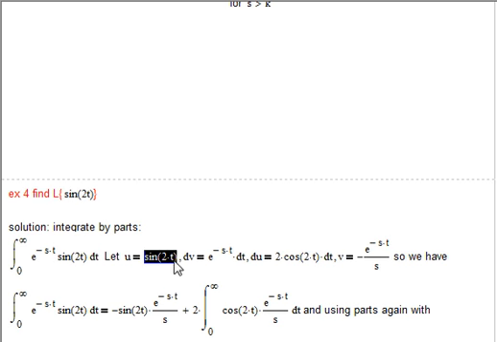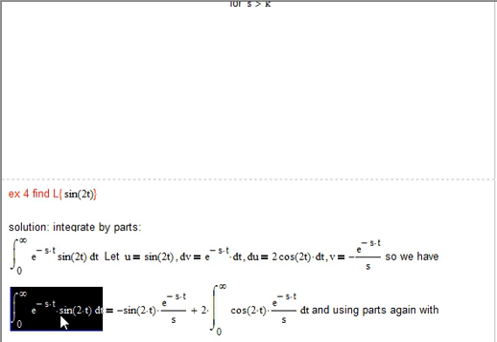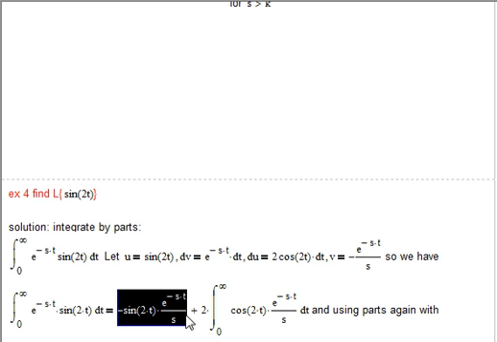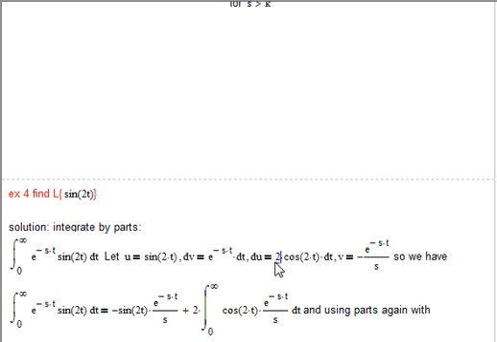So u is sine of 2t, dv is e to the negative st dt. du is 2 times cosine of 2t dt. And v, integrating this, is negative e to the negative st over s. So we have this integral, our original integral is uv, that's this part, minus the integral of v du, but notice we got another negative on that, so that makes it plus twice